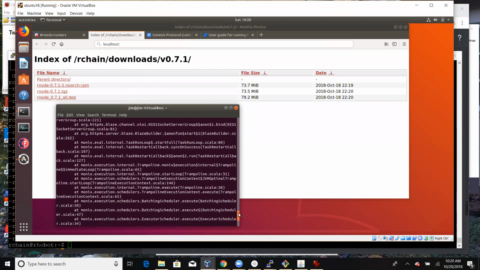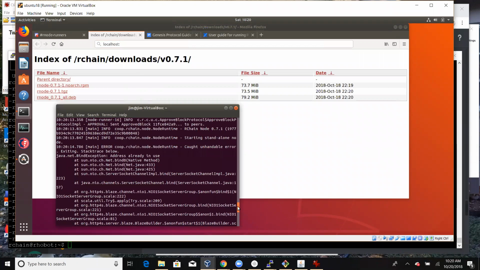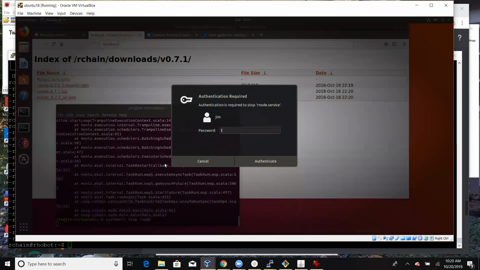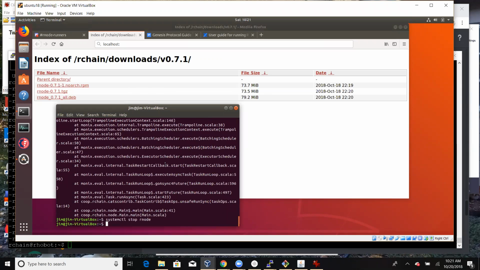What happened? It died. Yeah, you had an error. Okay, you're already running. I think you have the right version, so that's cool. There you go. Most likely you didn't do a stop rnode, or there's still an rnode process running. Yeah, it's a system control. I didn't think it would start it when I just installed it. System control, stop, rnode. Okay, I think we're all at the same state. At least my rnode is installed and stopped.